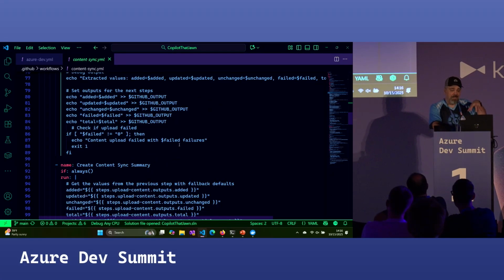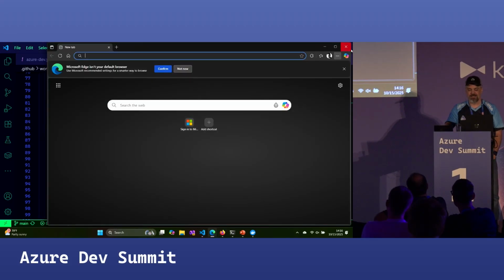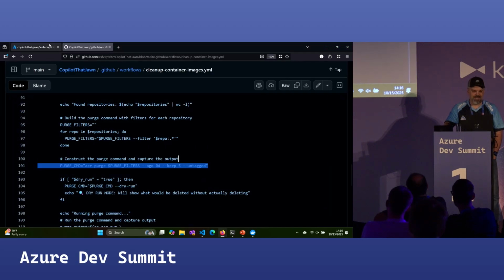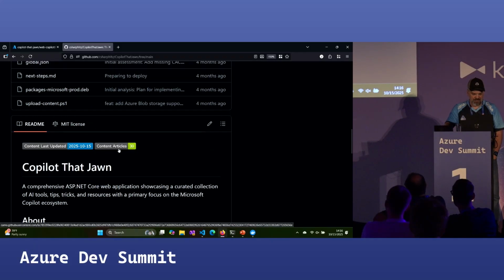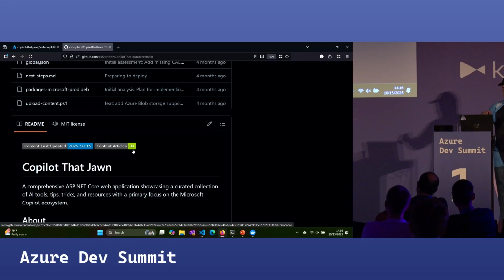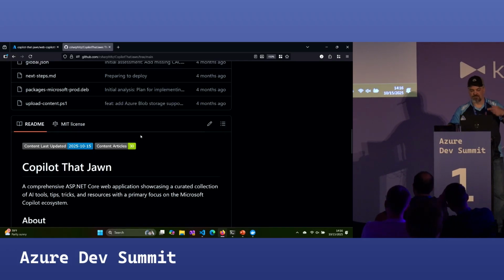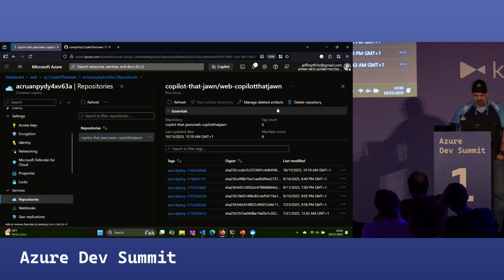That's something that I do so that I have my application generating and managing that content out on the website. So there's also an entry on the README that shows how many articles there are and when the last time it was updated. I just pushed an update today, and you saw the website went and updated and delivered new content. So my portal out here